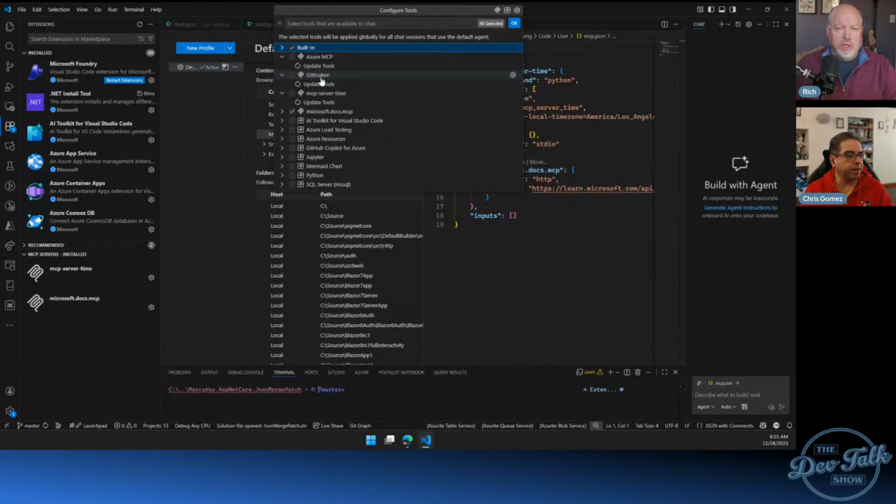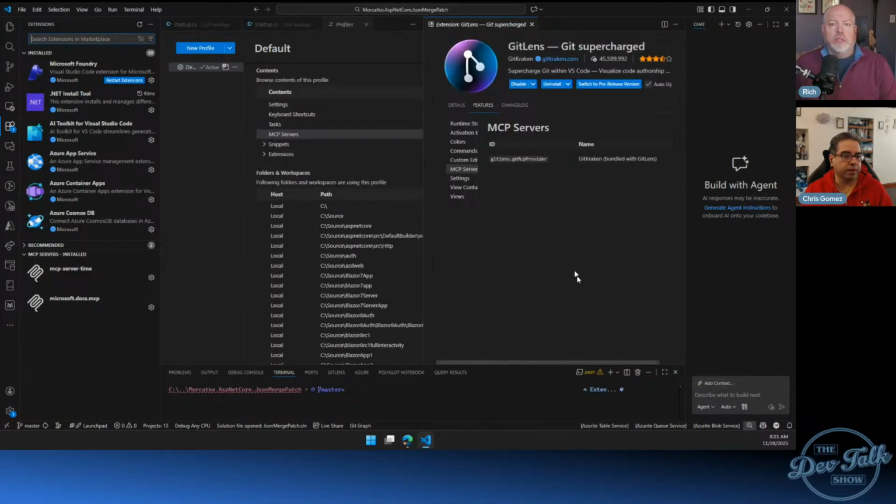I don't know. Maybe not. It's got the MCP server logo. I suppose if I click on this, I wonder if it'll tell me. Okay, so it is saying bundled with GitKraken, bundled with GitLens. Okay, so if you use the GitLens extension, it bundles this MCP server.